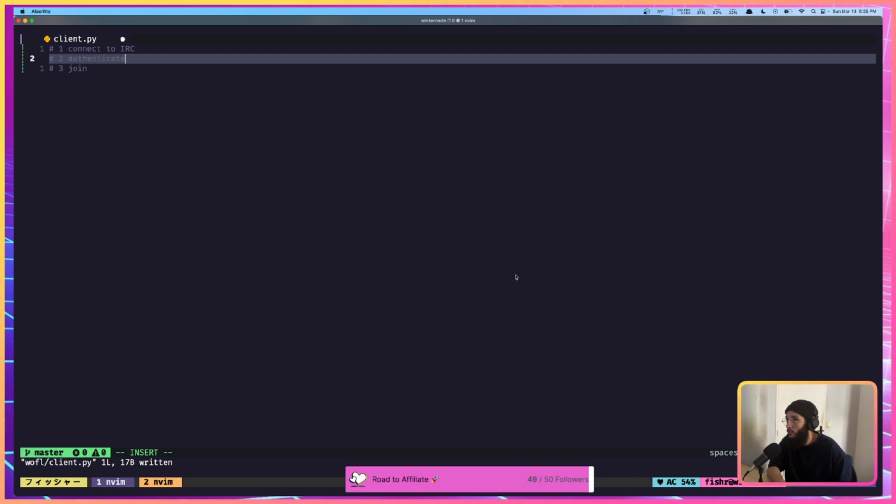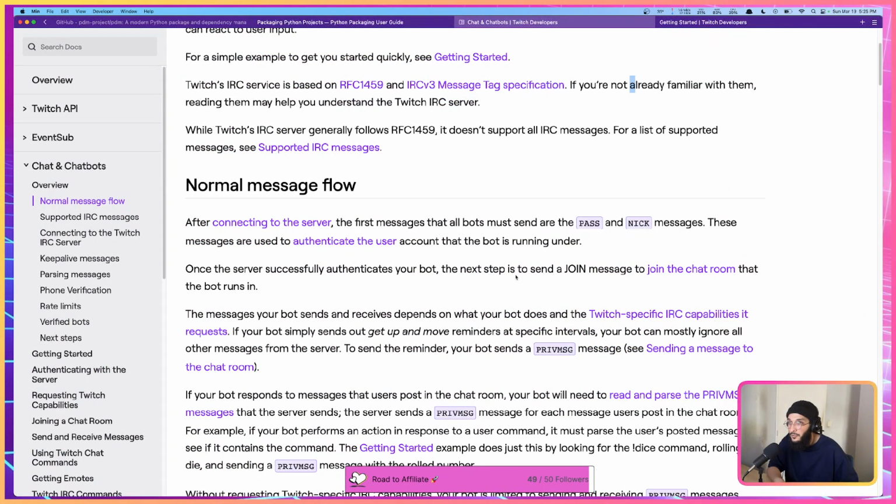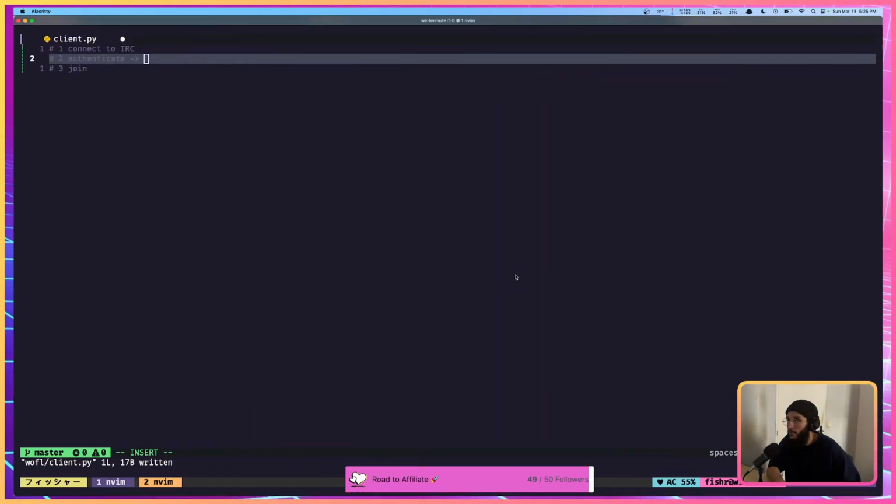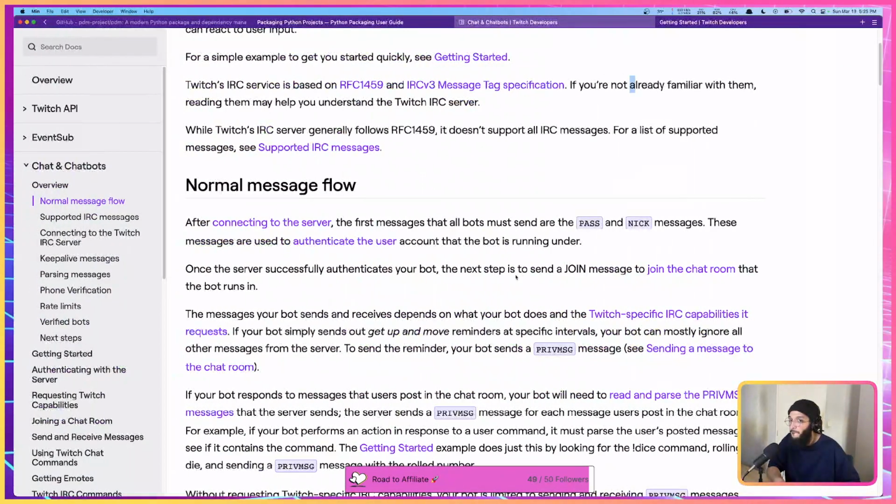And authentication is done by passing pass and nick messages. So pass and nick messages, like so. Okay,